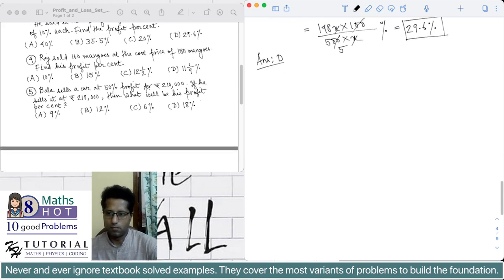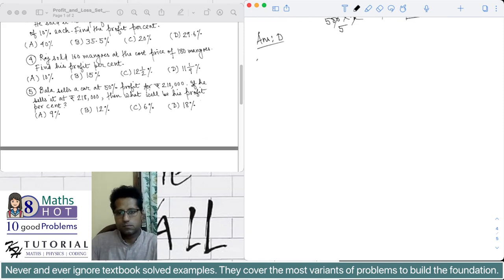Okay, let's do problem number 4. Raj sold 160 mangoes at the cost price of 180 mangoes. Find his profit percentage. Okay, so the selling price of 160 mangoes is given to be equal to the cost price of 180 mangoes. So let the cost price of one mango be x. This implies cost price of 180 mangoes